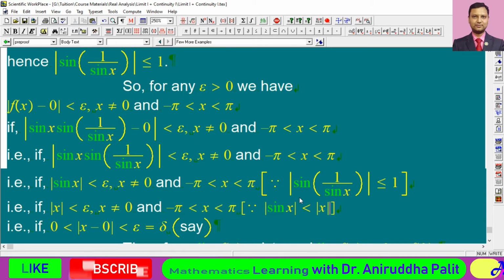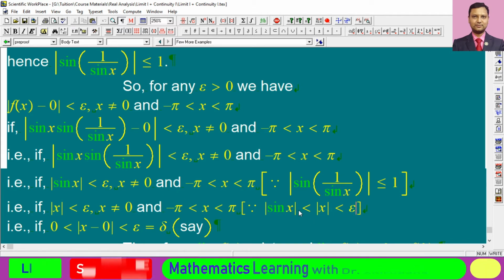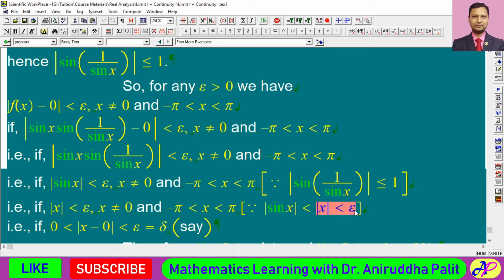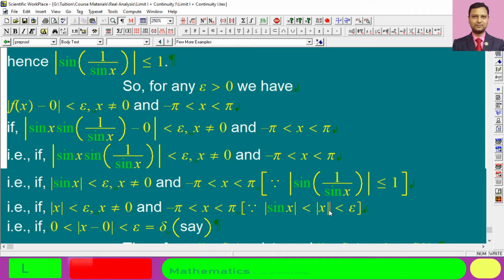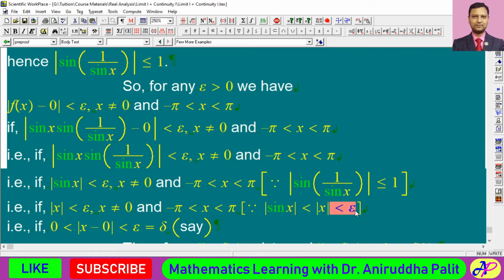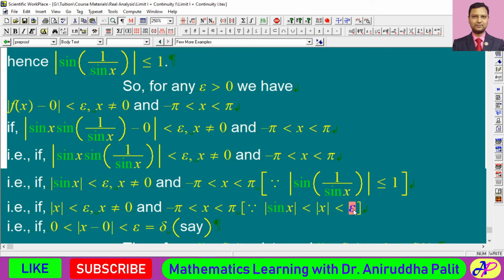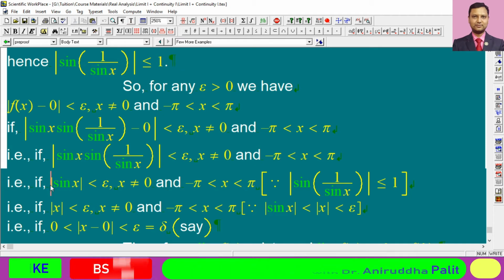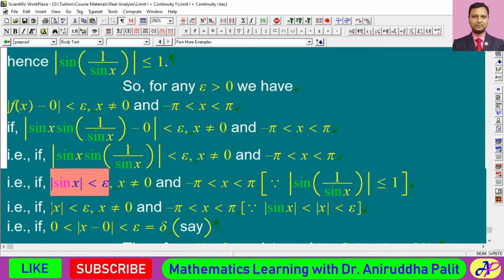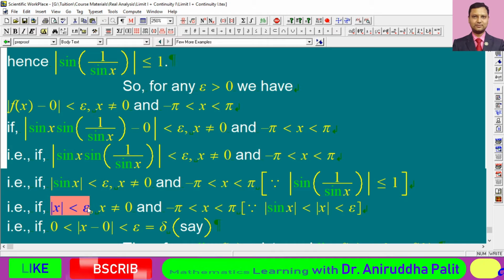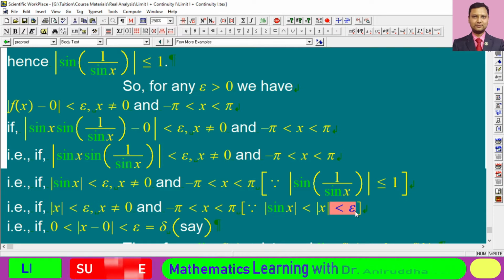সো আমরা এখানে আবার বলতে পারবো that এখানে যদি আমরা এখানে strictly less than epsilon inequalityটা নিই তাহলে আমরা এটা বলতে পারবো that if this larger inequality is true, larger quantity, that means modulus of x becomes less than epsilon, then the smaller quantity, that means modulus of sin x would always be less than epsilon. therefore আমরা এখানে বলতে পারবো that this inequality is true if this larger quantity less than epsilon, that means the fifth inequality becomes true. so এখানে সেটাই আমরা ইউজ করেছি